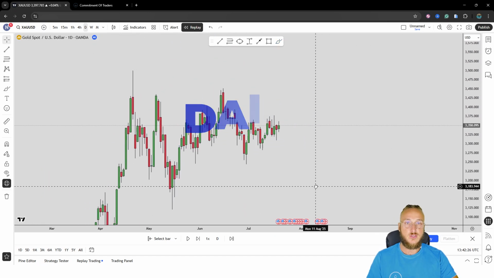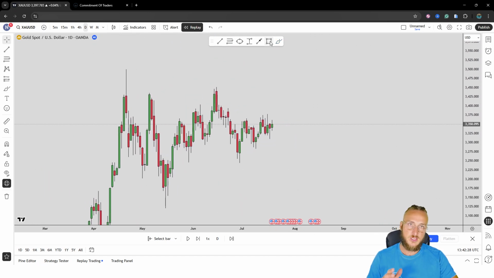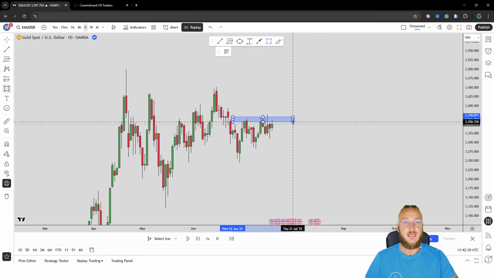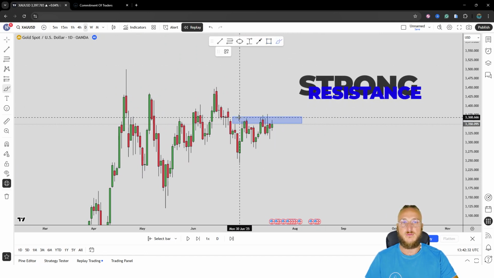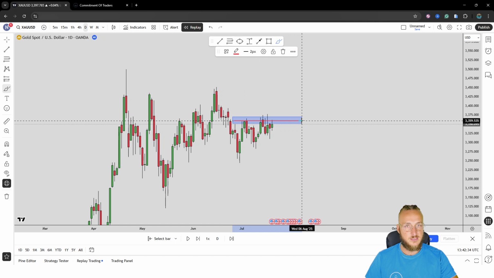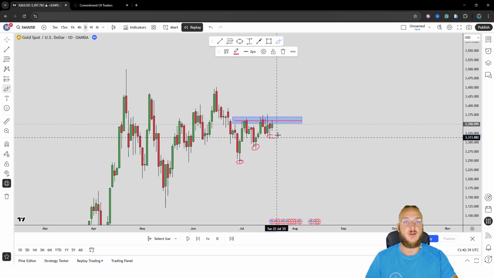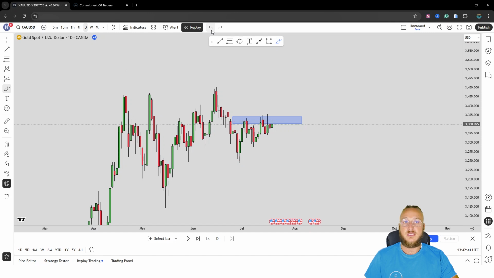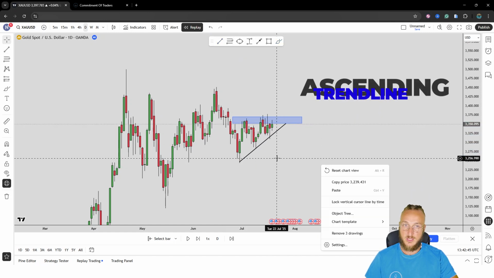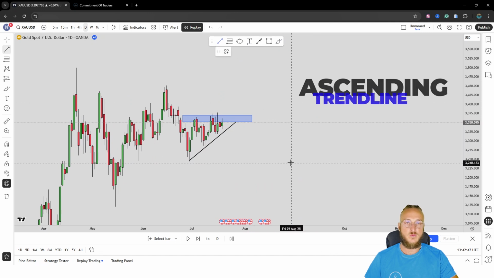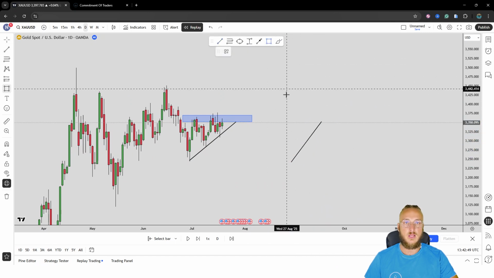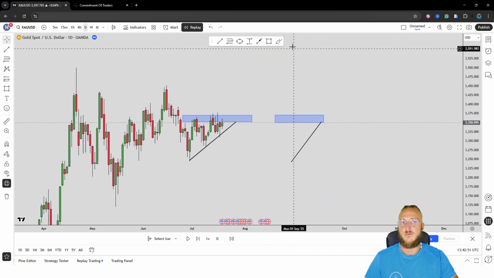Now here on the daily, this is where things were getting very interesting, because if we look closely, what we can see is that we were seeing a series of equal highs created at this zone. And at the same time, we were seeing a series of higher lows. Now, this pattern here is commonly referred to as an ascending trend line. In fact, when you see a situation like this, where you're seeing equal highs being printed at a resistance area,